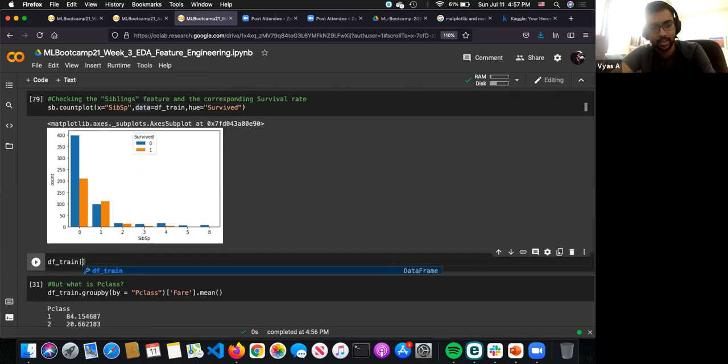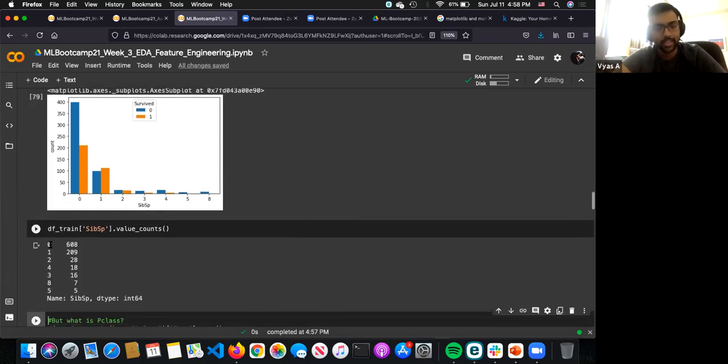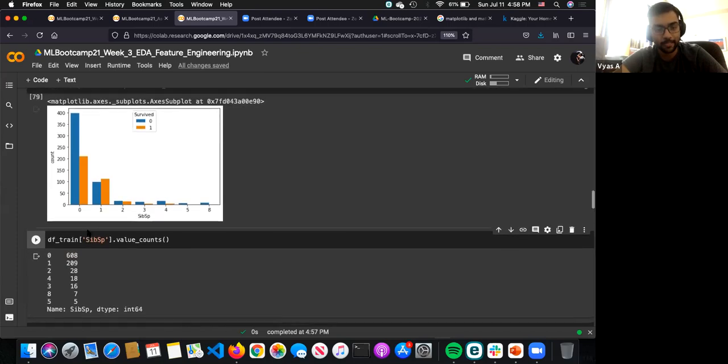So train SP dot value counts. Okay, yeah, obviously people with no siblings are much higher than people with siblings, and that's why these counts go down. So essentially, one thing that you could do as a feature engineering step,